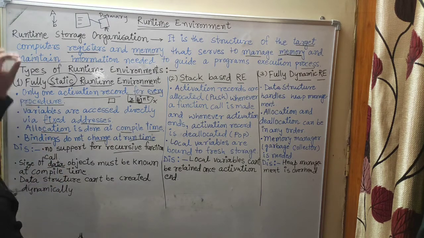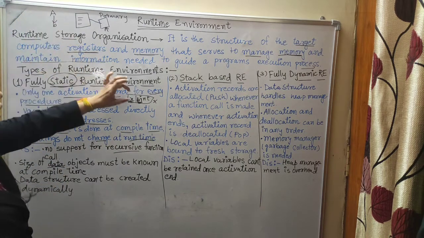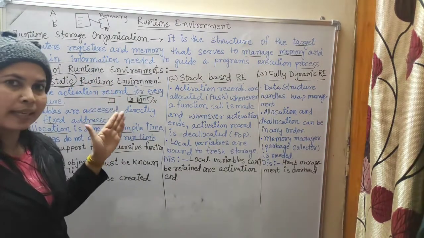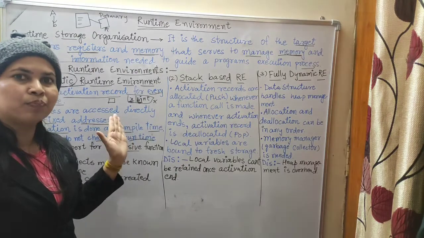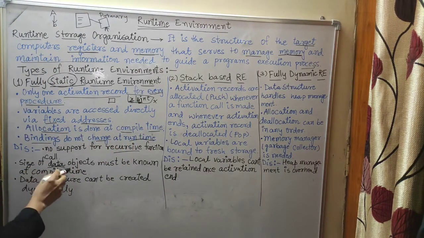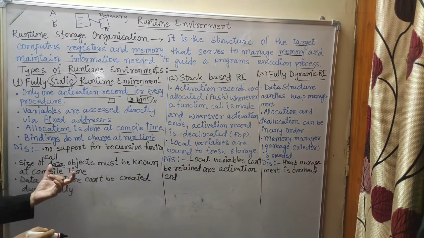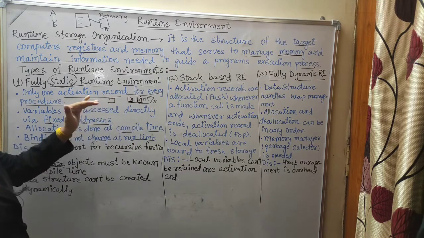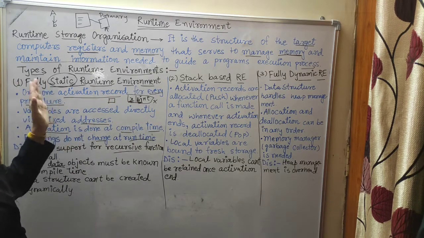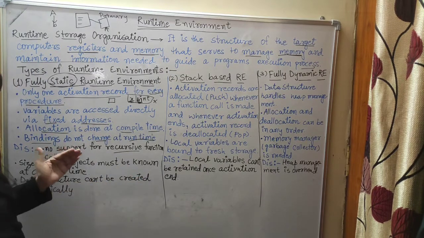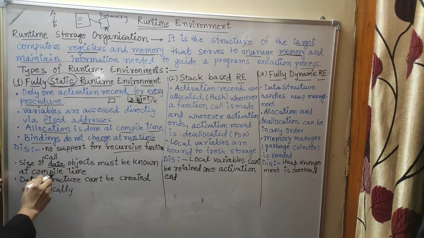Next one, size of data. What is the size of data? B's size. If it is int data type, it will take a different size. If we take char data type, that also takes a different length. So that is why size of data object must be known at compile time. Size of data, how will you know that? Through the data types. So you have to allocate it before the runtime, that means at compile time.